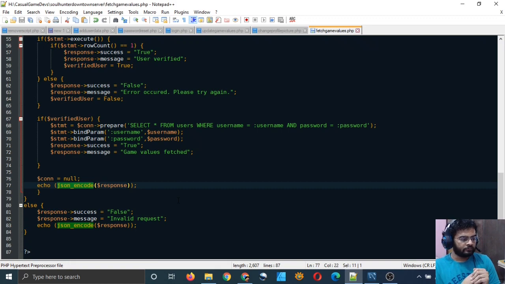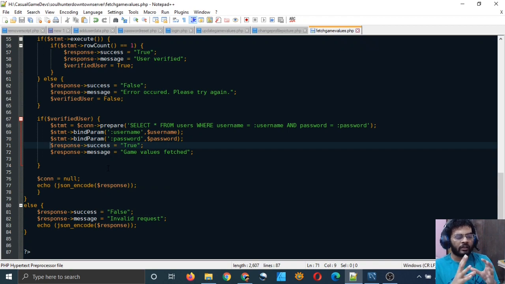So you can say that we are preparing our $response variable in such a way that it acts like a JSON object, right? Inside this response variable, we can add as many fields as we want, and our JSON encode function will very conveniently encode that whole thing into JSON format, and with the echo function we will send it to the client, right?